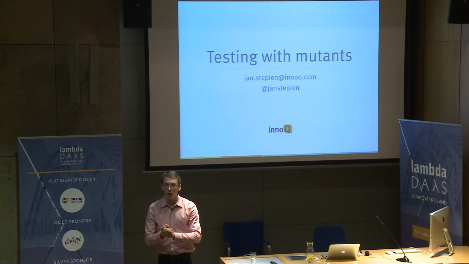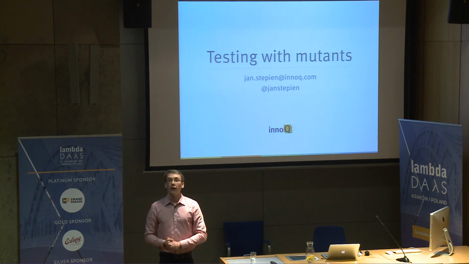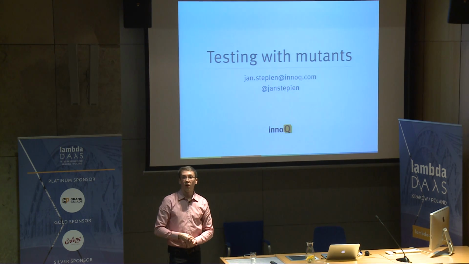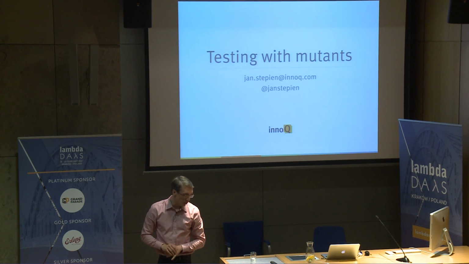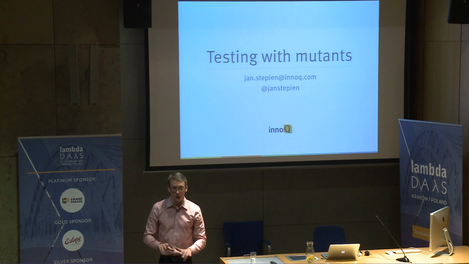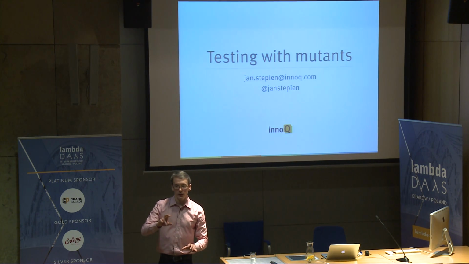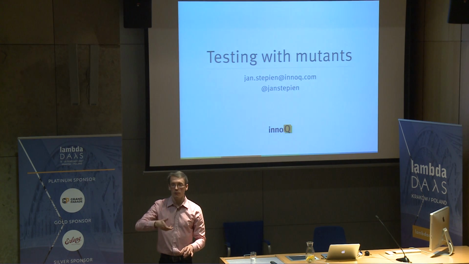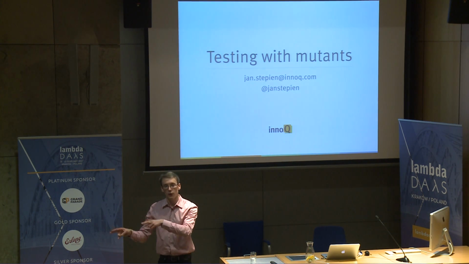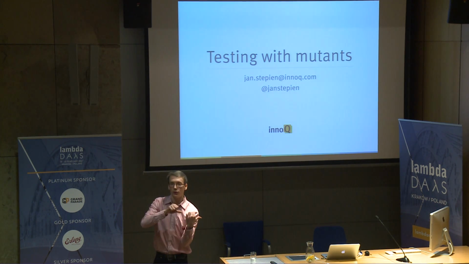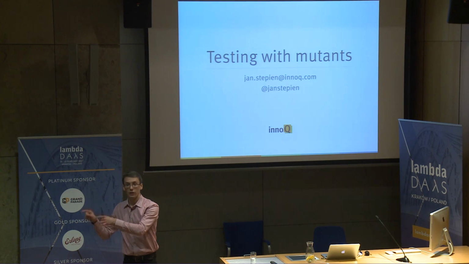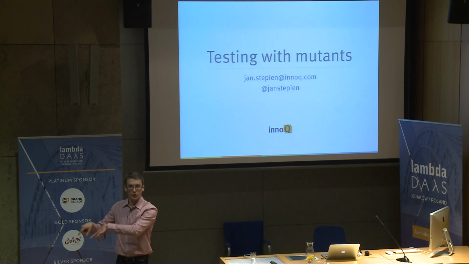Yes, so this would be the follow-up to this question. Wouldn't it be better to do this on the bytecode level rather than on source code? A very good point. This is how the Java library does it. The Java library, PIT test, is executing on the bytecode level. It takes your class files and does some mutation of the bytecode which would correspond cleanly to some changes in your source code. And if this fails, it's able to re-render what it did to the bytecode and show how it would look if you did it in your source code.